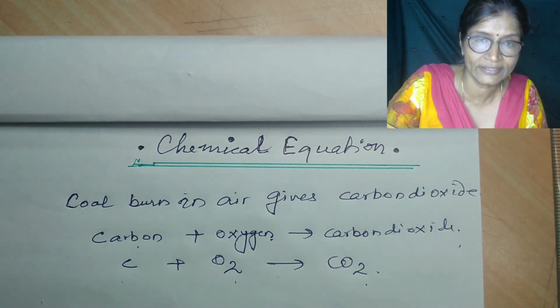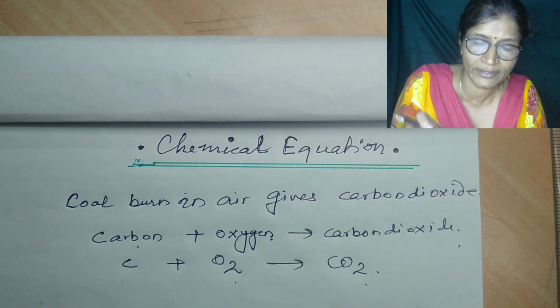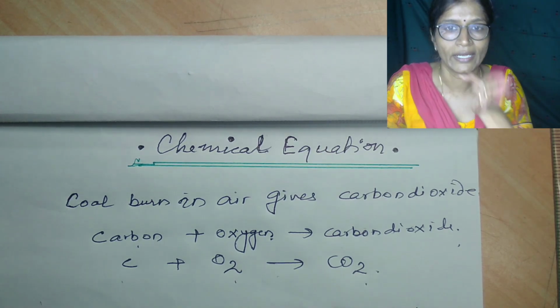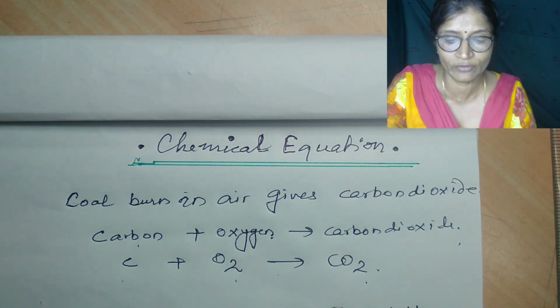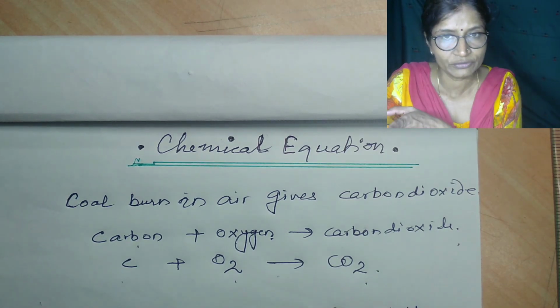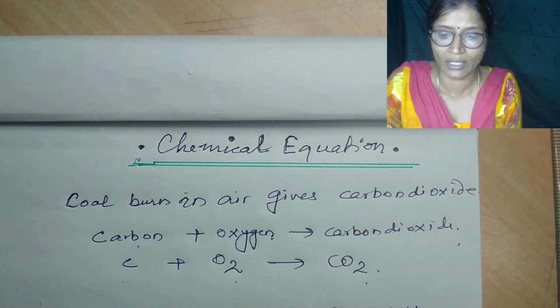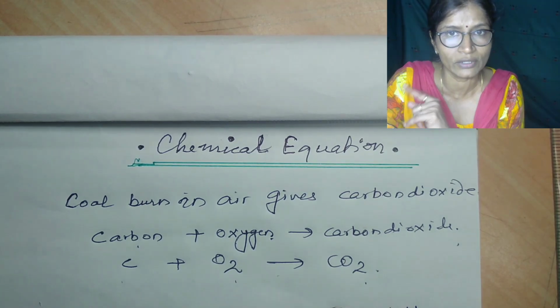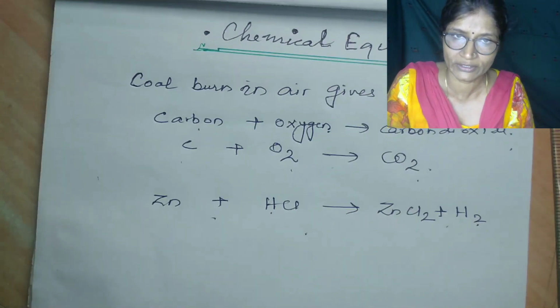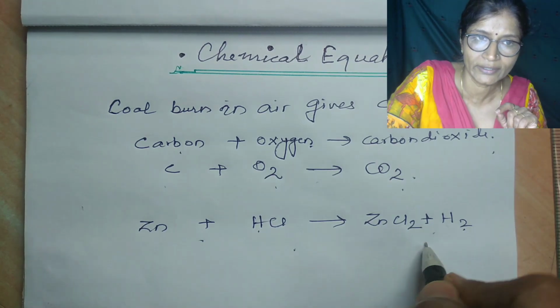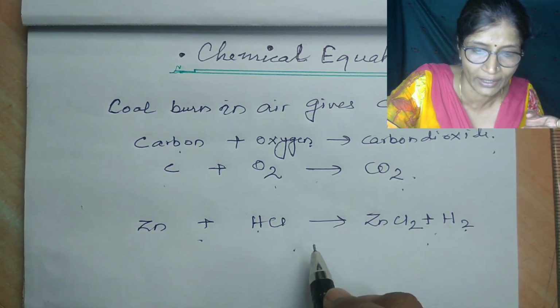All the reactants which participate in the reaction we write on the left side, and in between the reactants I have to give the plus sign. And for the products which are formed, I also give the plus sign if more than one product is formed. And in between the reactant and product side, I have to give the arrow.